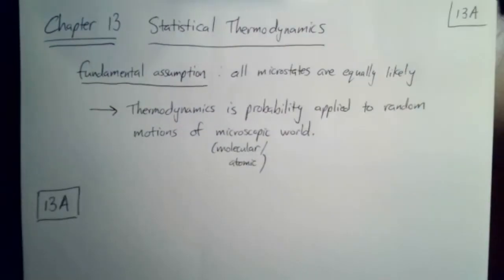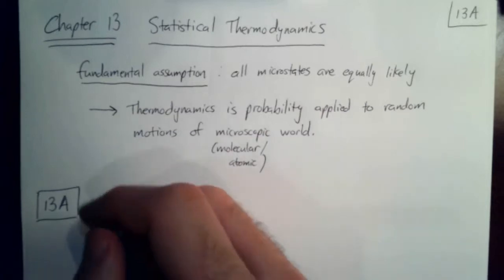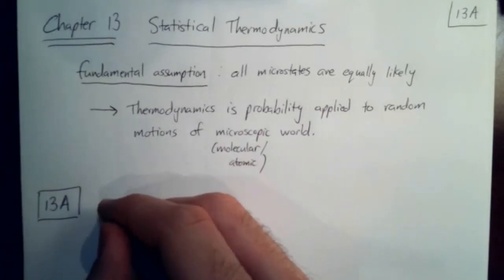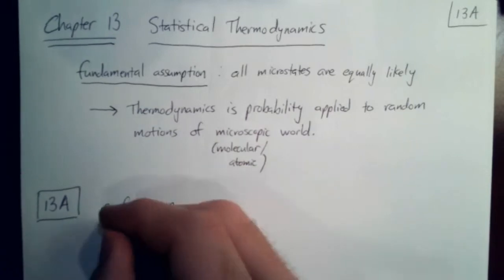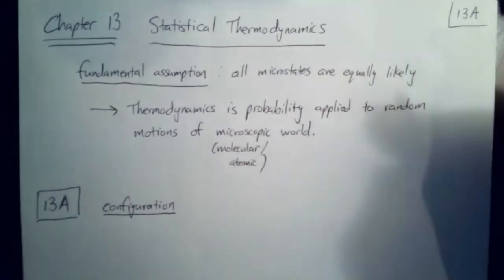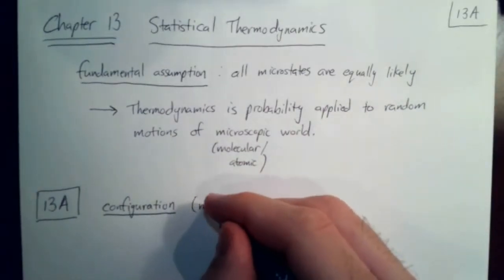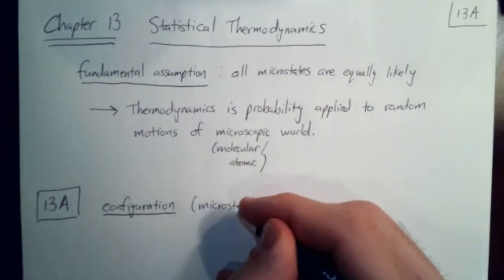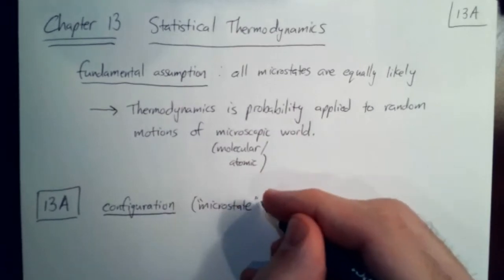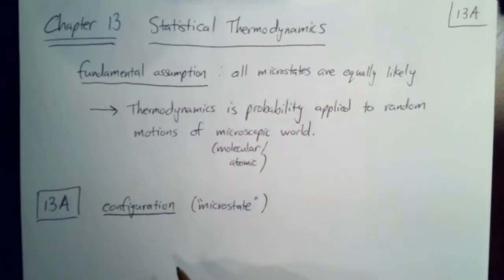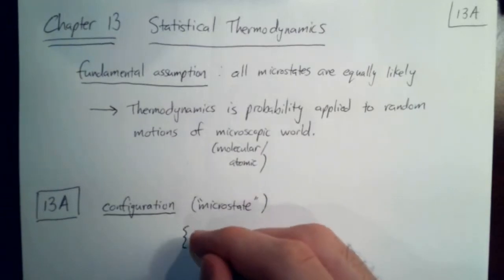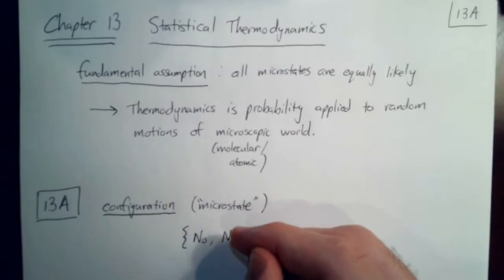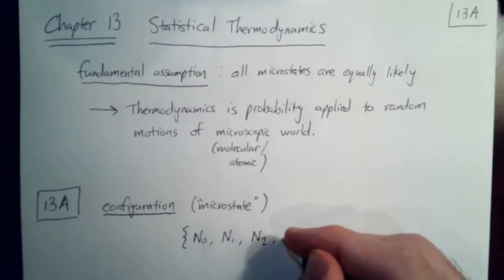Okay, we're going to start with some terminology in 13A, including some that you've seen before. The first term I want to talk about is configuration of a system. And this is what before we basically were referring to as a microstate. And here's how your textbook likes to write down a configuration. So a configuration looks like this. It is a sequence of numbers, n0, n1, n2, and so on,